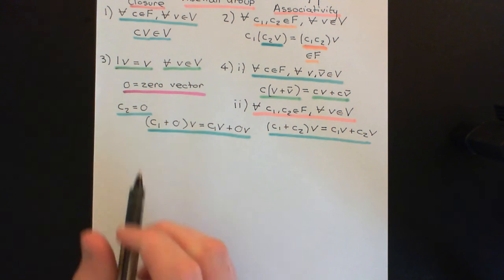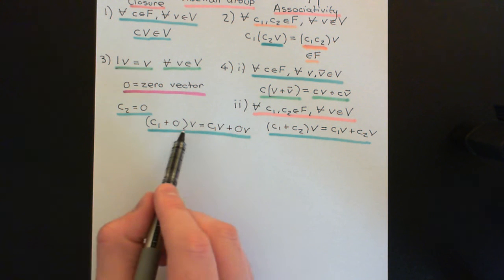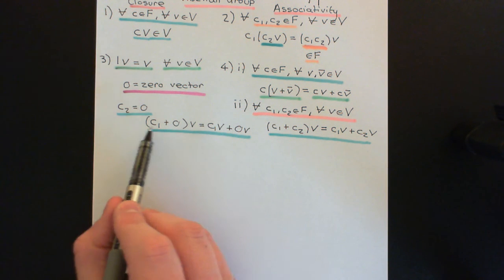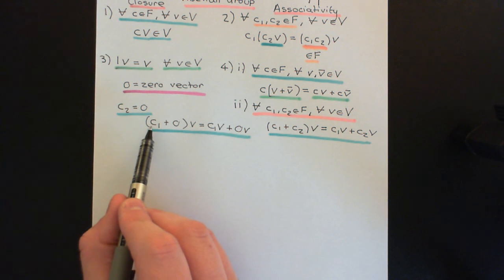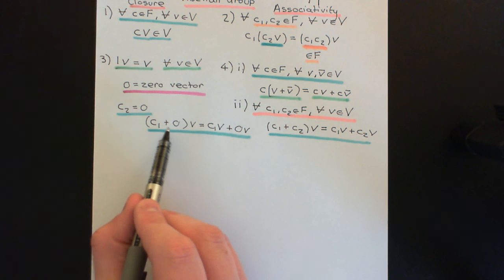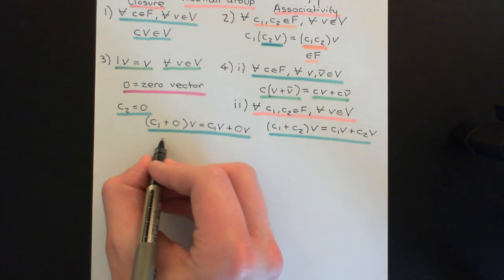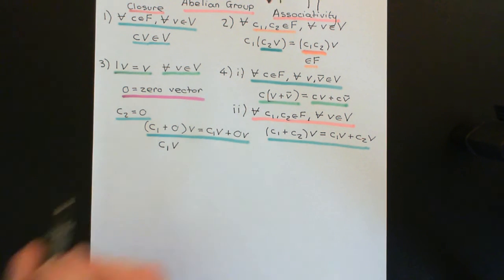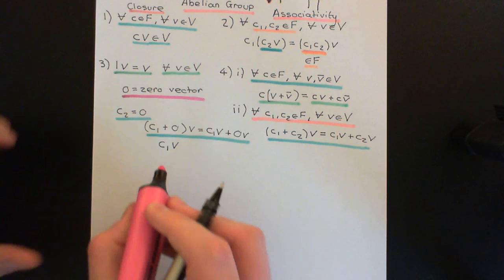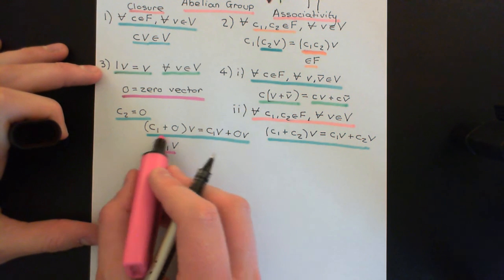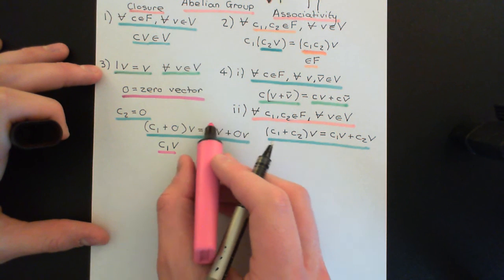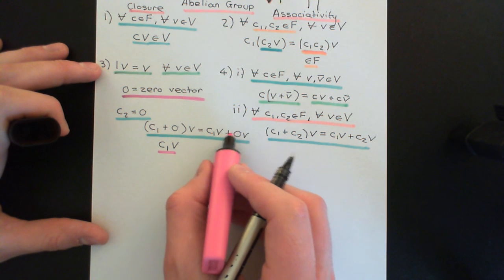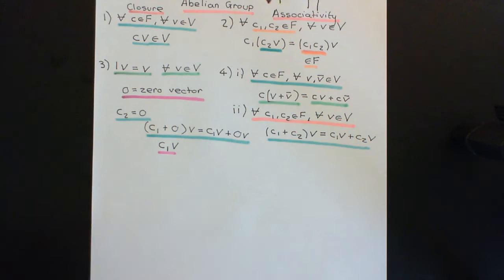Now what we can do is just analyse this a bit more, because C1 plus 0 in the field, whenever you add any element of the field to the additive identity in the field, just by definition that's going to give you the same element back again. So this side is going to become C1 times V. Now what we have is that this vector C1 times V is equal to C1 times V, another vector, plus 0 times V, where this is addition in our vector space addition law.